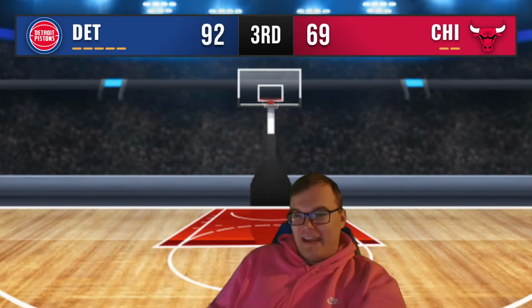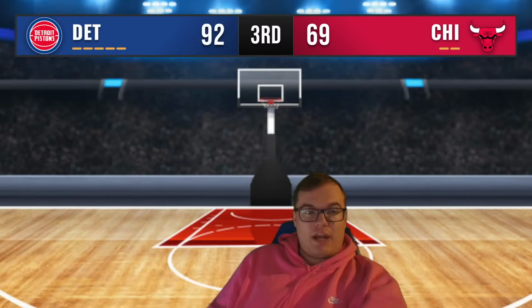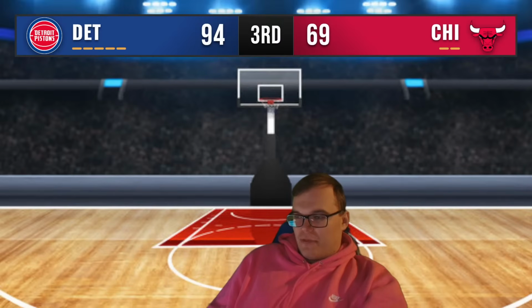Holland, if he can figure out that jump shot, I'm telling you, he's going to be a 3-and-D type basketball player for this Pistons team. And I think Javonte Green mentoring him has been great so far. Paul Reed underneath here for the left-handed layup is good. 1:55 left to play in the third quarter.